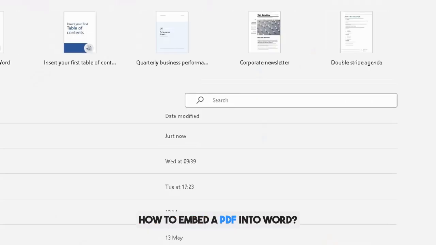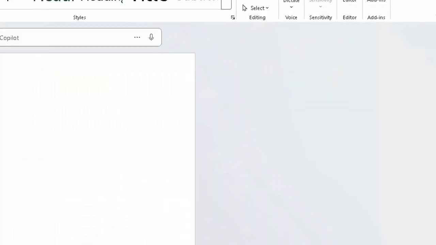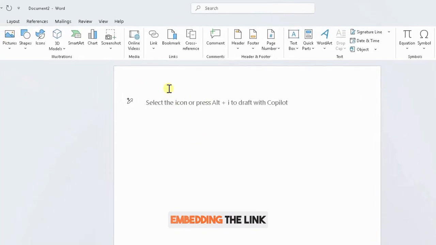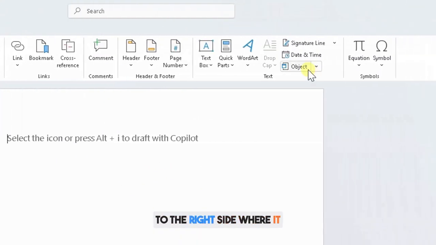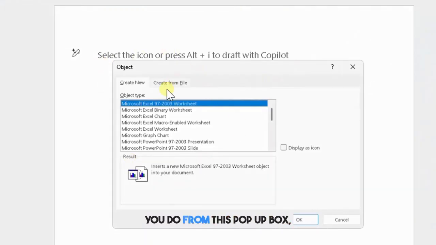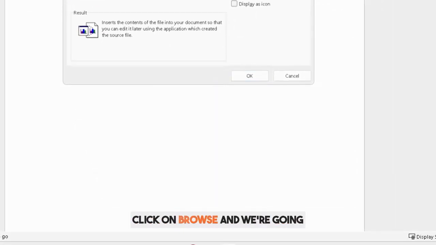How to embed a PDF into Word. Let me click on New, open up a brand new Word document. Okay, another way to do this is embedding the link of the PDF in here. So at the top, Insert, go across to the right side where it says Object, and then from this pop-up box, we want to create from file. So you click on create from file at the top, find your file name, click on browse,